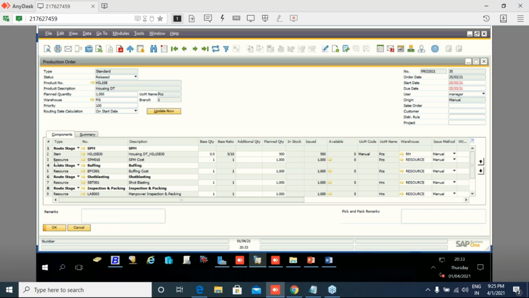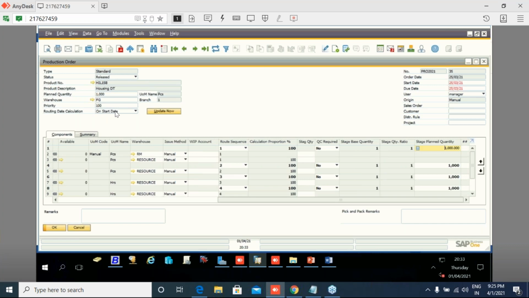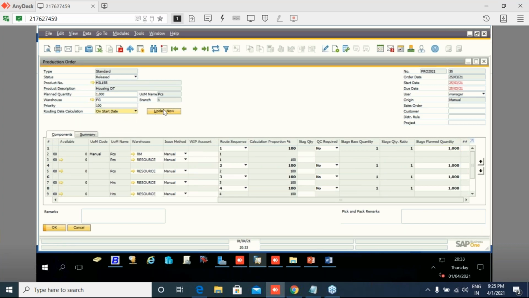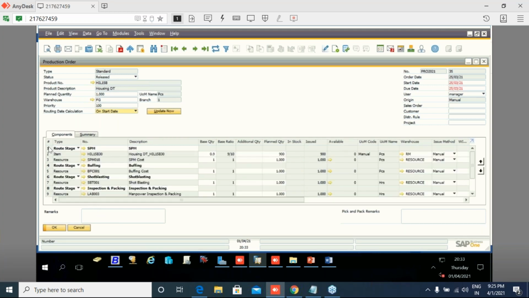Now you can see my production order which I have added, and this is my product number HL15B. Description comes automatically. Now I have defined my production order is of 1000 quantity, and in routing date calculation I have selected start date basically, and in route stage first of all I have defined SPM, and I have defined the item master data